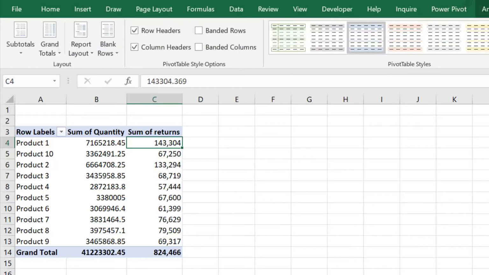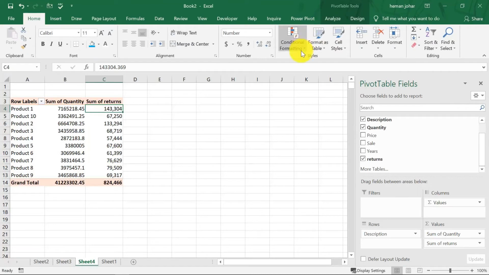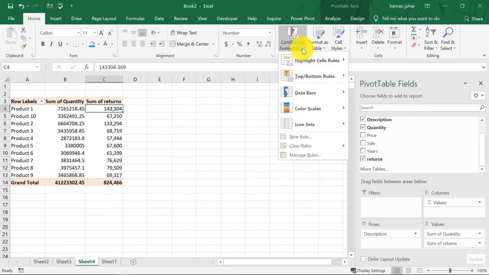Now let me show you another trick. Let's go to design and give it a design. This is not the trick I'm talking about; this is just very simple. Okay, this looks good. Now we can go ahead and do conditional formatting.